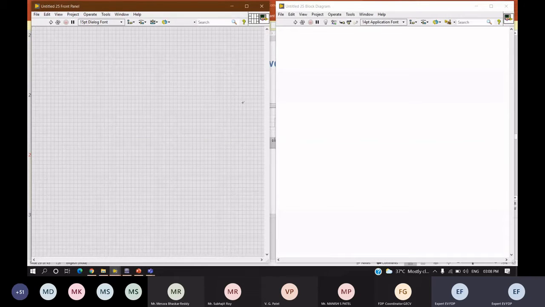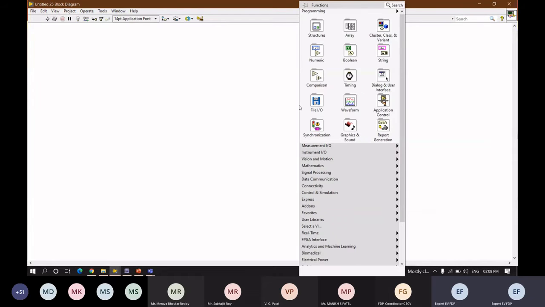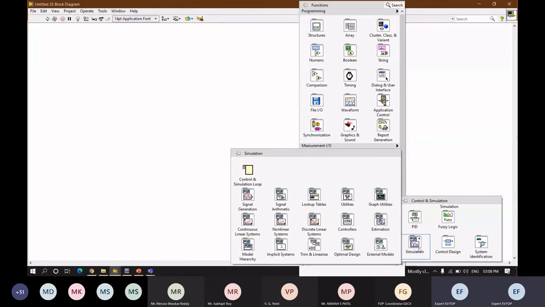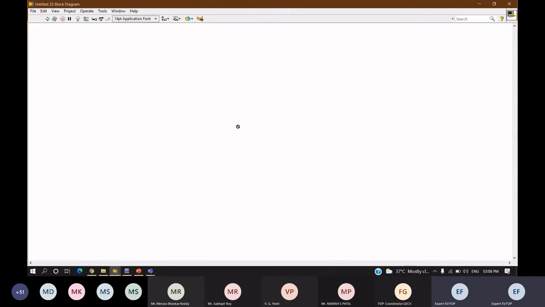So first we have to call our Multisim file in this LabVIEW. That should be our first step. We have to call the Multisim design in LabVIEW. To do that, I'll just right click, go to Control and Simulation, External Model, Multisim. Here we can see Multisim Design. Using this function only, we are going to call a Multisim design. But the problem is, if I try to place this in my block diagram, I'll get a block icon. We can't keep that directly in a block diagram.